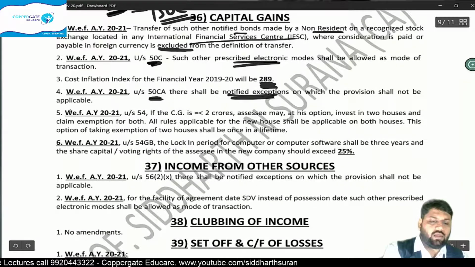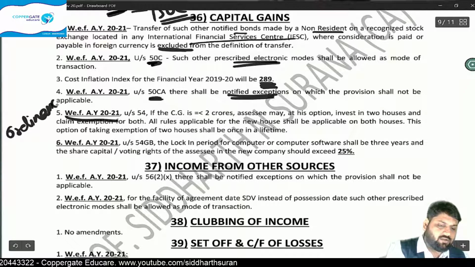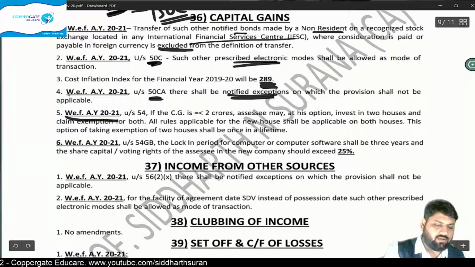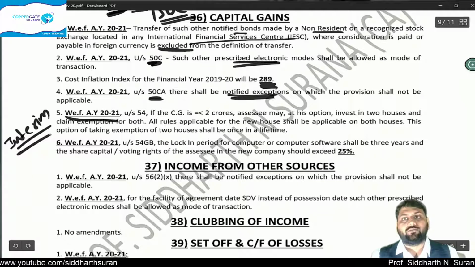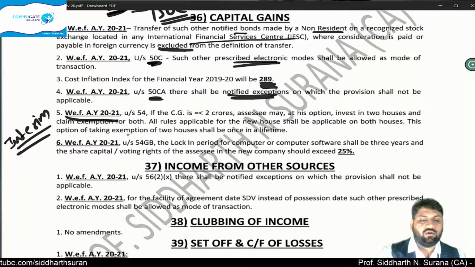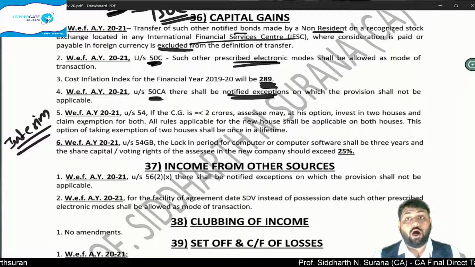Next, again an amendment which came in the interim budget, just before elections, to give a lollipop to the assessees, to make assessees happy. A big change, again one of the biggest changes that I have seen in my career as a chartered accountant,